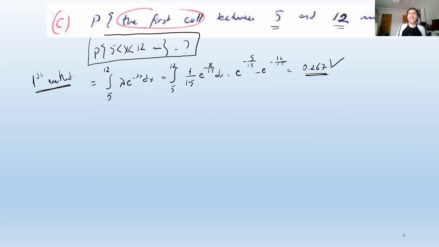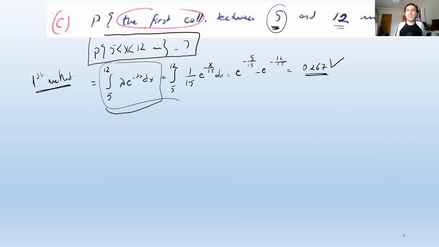If the question were any call between 5 and 12 minutes, which means, now when it says the first call, it means that there is no call from 0 to 5 minutes. Here, when you take the integral, that condition is actually hidden. Note that x corresponds to the time or the distance until the successive next event. So when it says the first call, yes, this is satisfied, because the next event doesn't occur until the 5th minute. Therefore, this integral is valid.